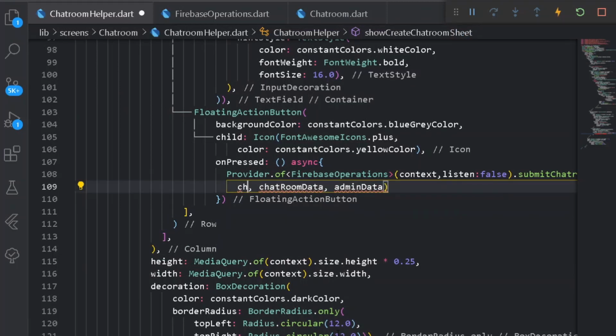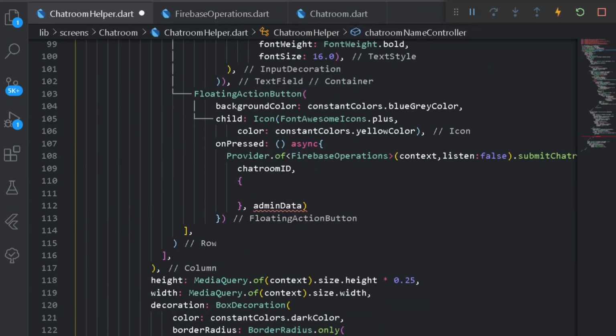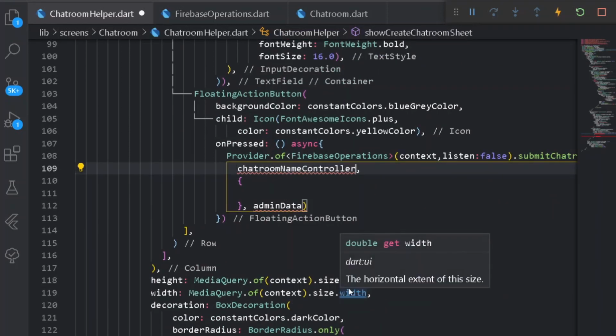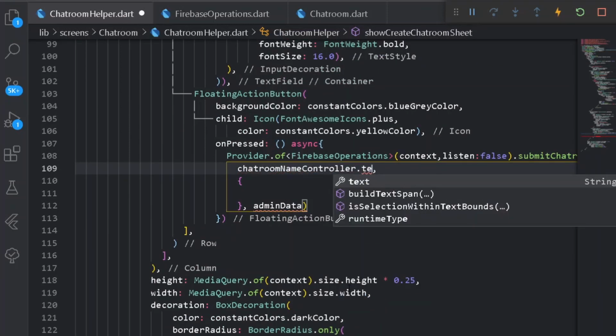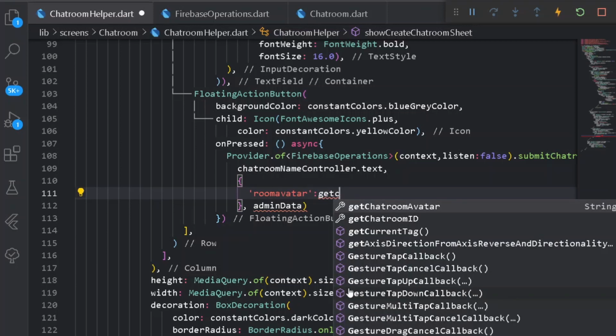So here I can simply say chat room ID, which is a string, to be the particular document ID, and after that we should require chat room data, but here instead of chat room ID I can simply say chat room name controller dot text, easy, and here under the particular data, first of all I shall be having a room avatar, and here it should be referring to get chat room avatar URL.